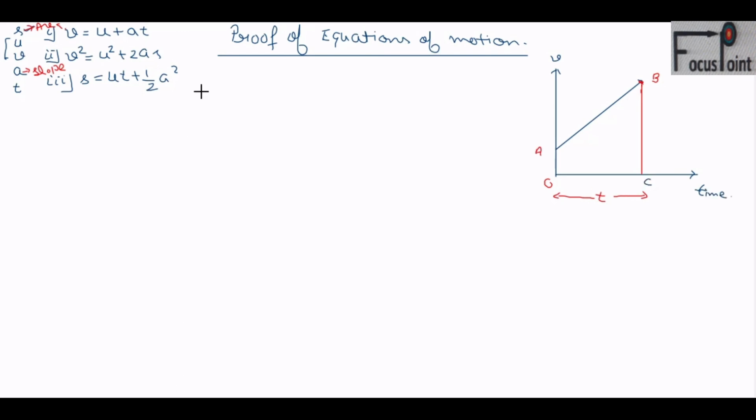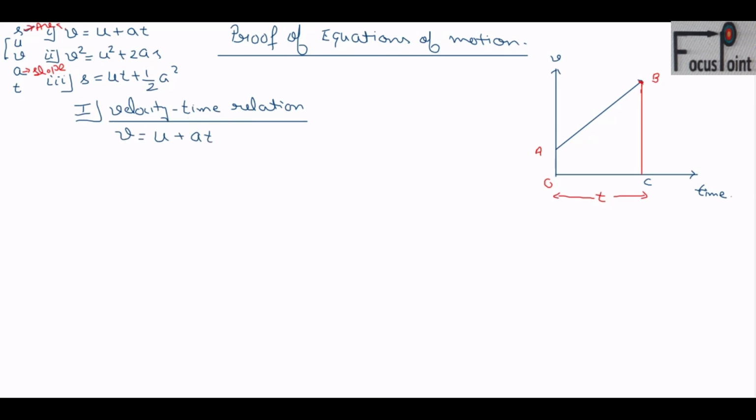चलो, so let's start with the first equation, proof of the first equation. First equation, that is v is equal to u plus at. Now what is the name of this equation? So these equations are always used when acceleration is constant. तो acceleration को छोड़ के हमारे पास क्या बचा है? Velocity and time. So this is also known as velocity time relation. इसे याद करने का क्या तरीका है कि first parameter देख लो velocity है, last वाली quantity देख लो time है, तो velocity time relation. This is a method how you can learn which equation it is.